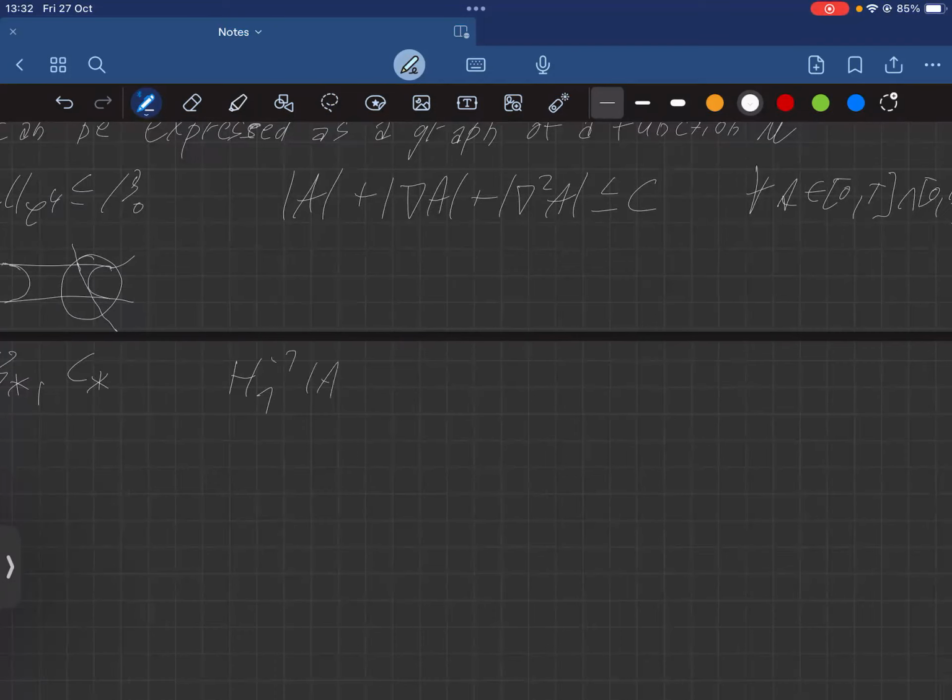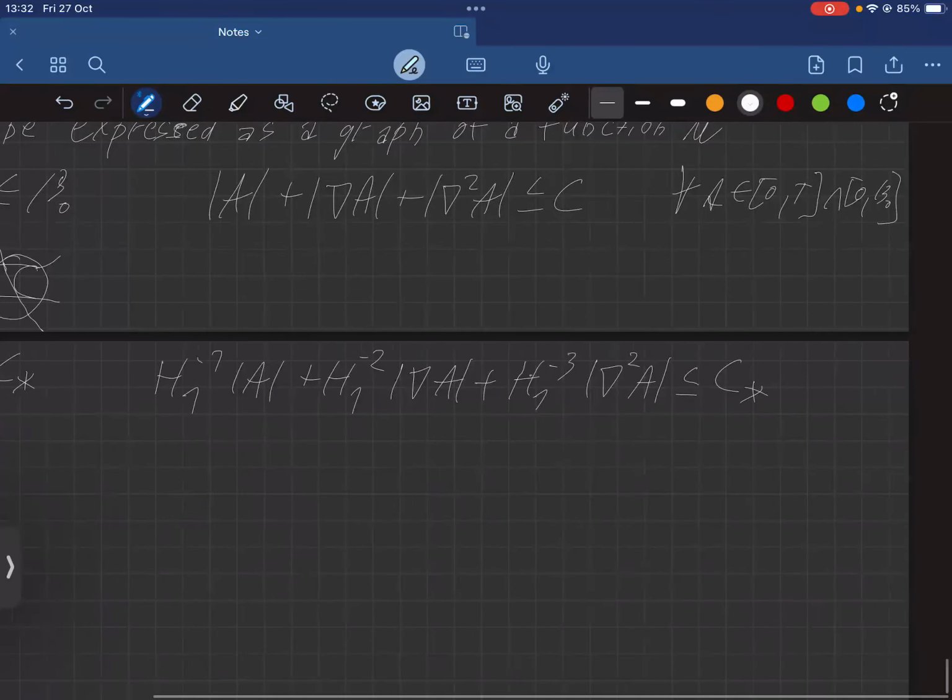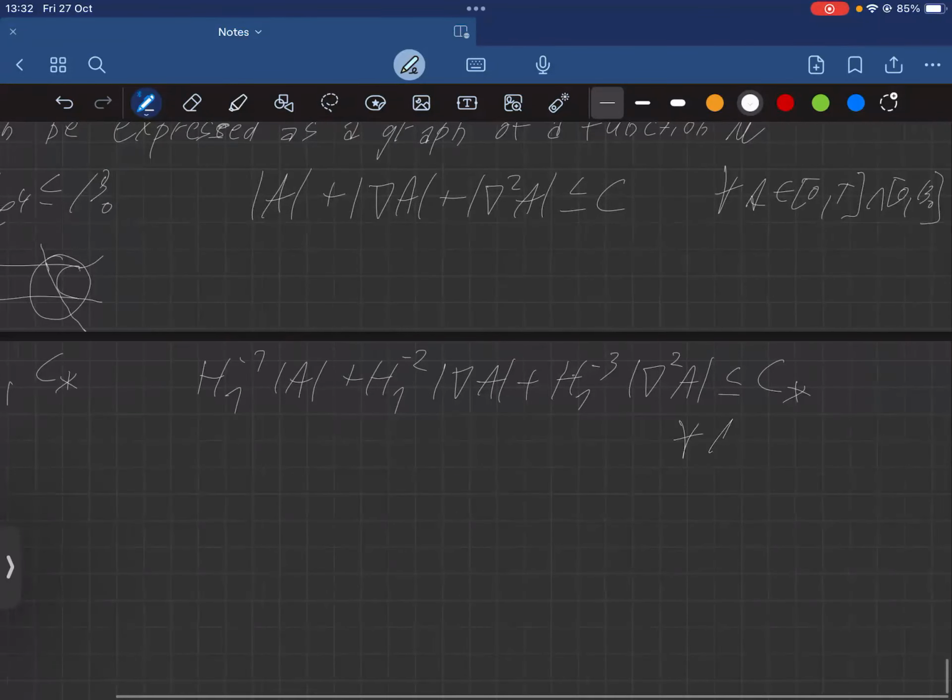It will be using this H1. I'm just going to write it down: H1^-2 gradient plus H1^-3, from C star. And this holds for all t inside T0 and T0 plus beta over H1,